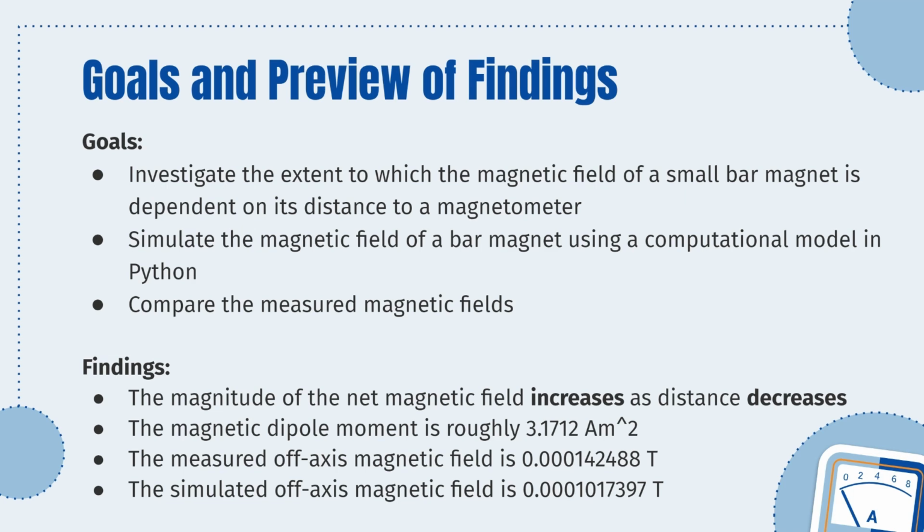So a preview of our findings: the magnitude of the net magnetic field increases as distance decreases. The magnetic dipole moment of our bar magnet was roughly 3.1712 amps times meter squared. The measured off-axis magnetic field is about 0.0014 Tesla, and the simulated off-axis magnetic field is about